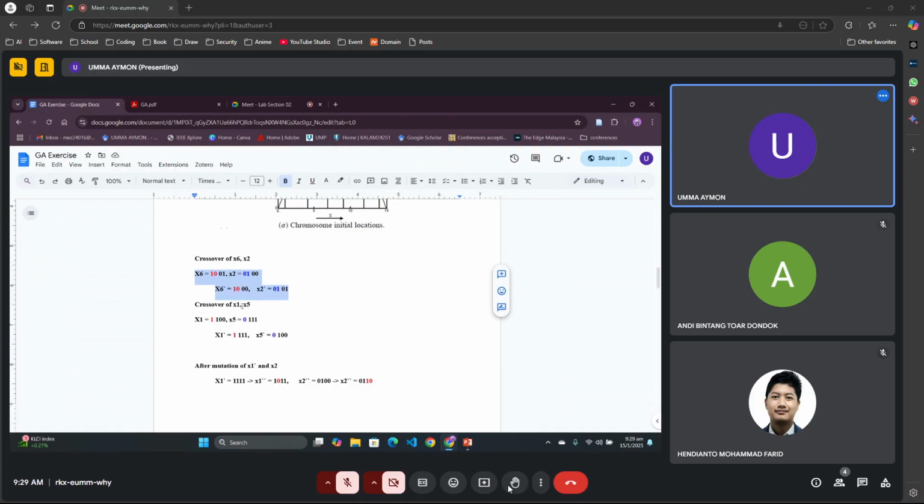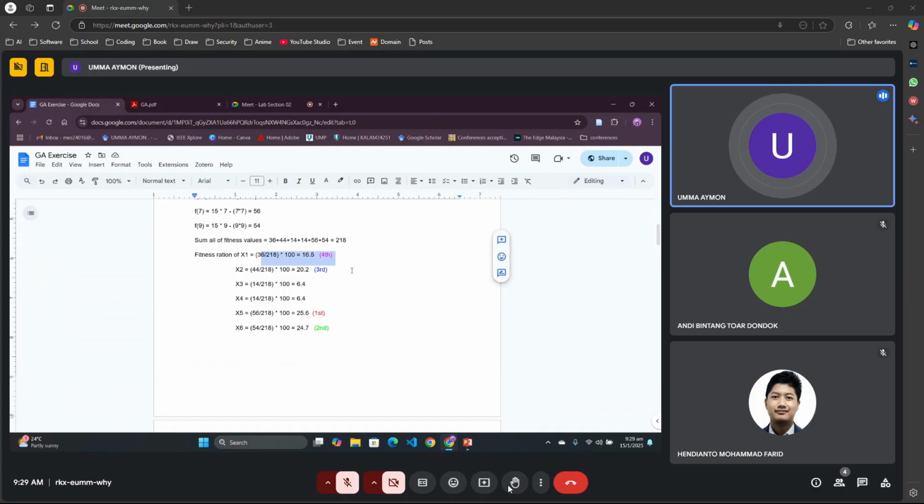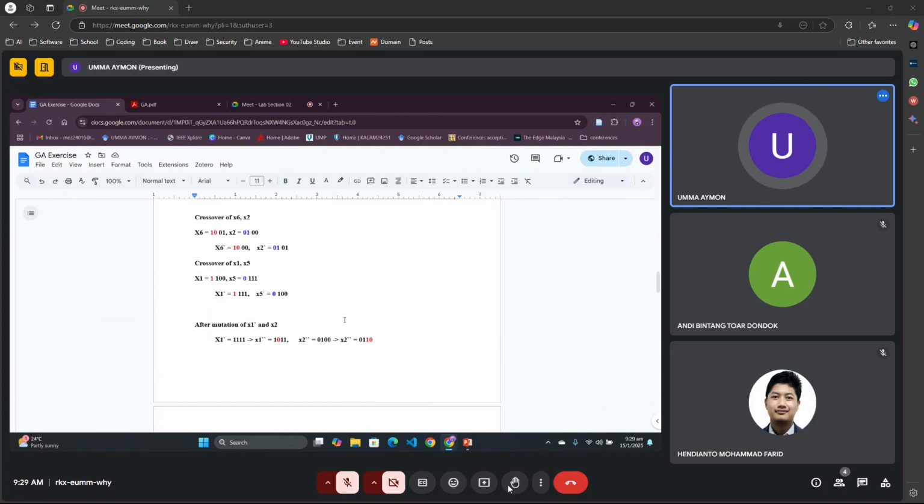Okay, then crossover of x1 and x5, the other two. For x1 and x5, let's do crossover at the third position. From right to left, we count, like this is the third position. So this is the head, and the other part is from x5. Similarly, this is x5, and this part is from x1. So we have done the crossover, and after that we choose x1 prime and x2